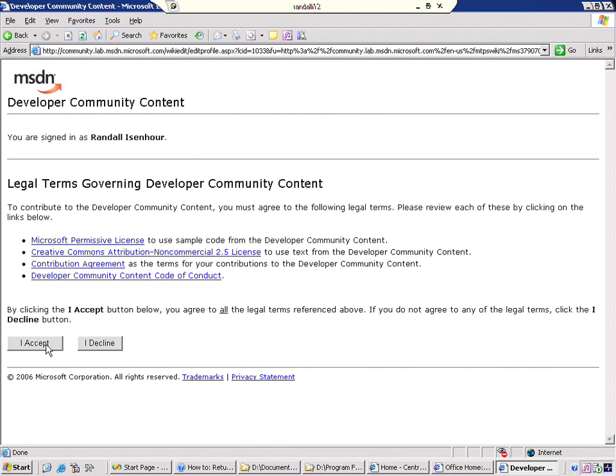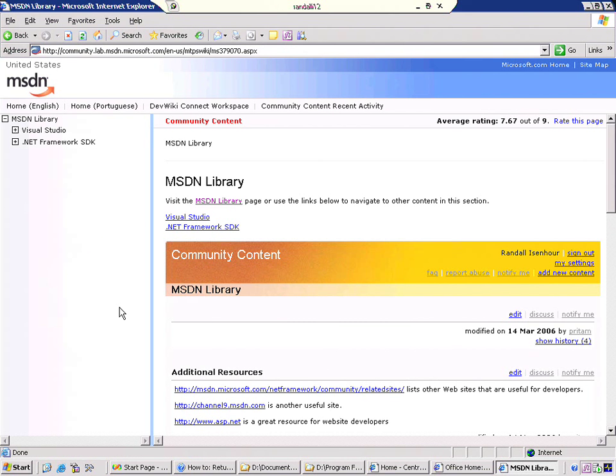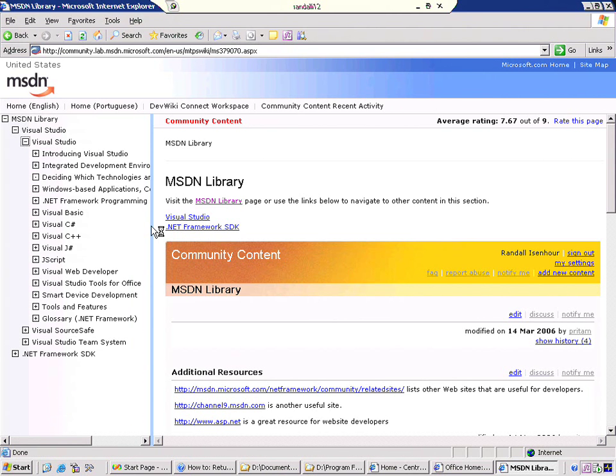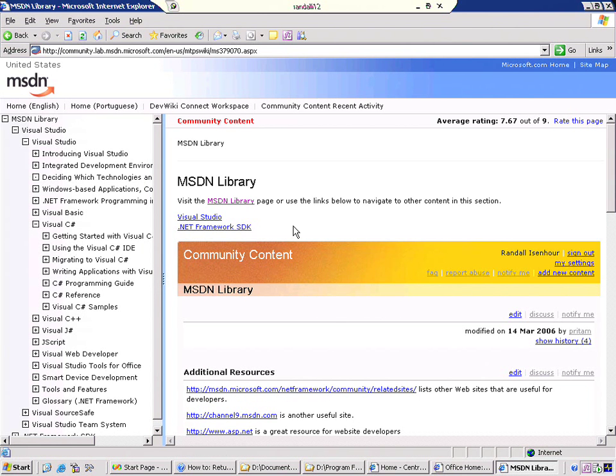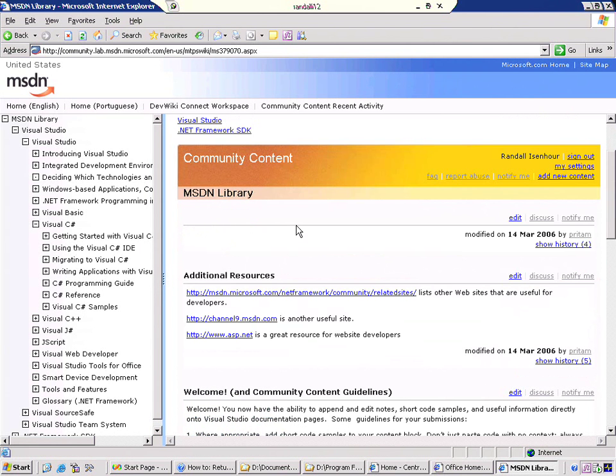And so once you get to the sign-in, there's an acceptance. And once you get there, what they're doing is piloting this with the Visual Studio and the WinFX stuff. And basically, what it's allowing you to do is add community content in a wiki format in addition to